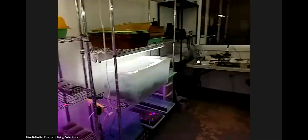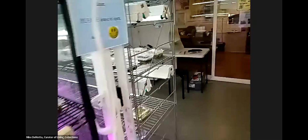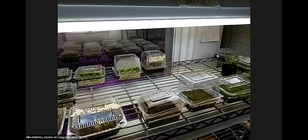Let me take you to some of the trays that we have in the lab. Well, so first of all, when spores are collected, as Ken was talking about,